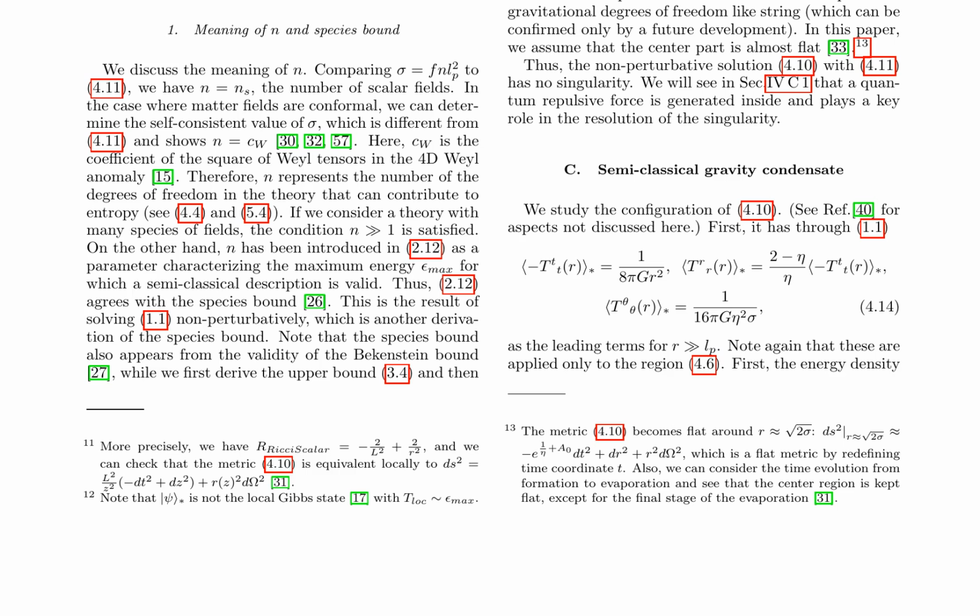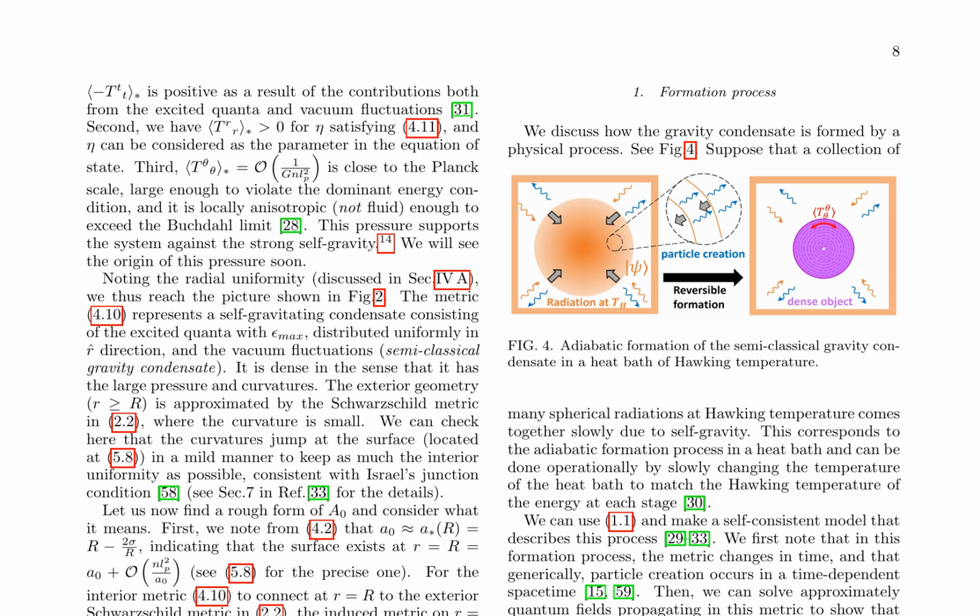Finally, it explores the semi-classical gravity condensate, focusing on the energy density and its consistency with the Bekenstein-Hawking formula. The authors delve into the properties of the self-gravitating condensate, focusing on three key aspects. Firstly, the expectation value of the energy momentum tensor, TTT, is positive due to contributions from excited quanta and vacuum